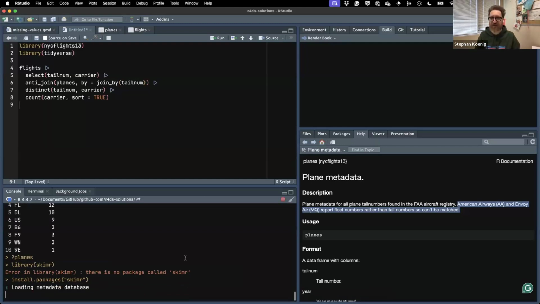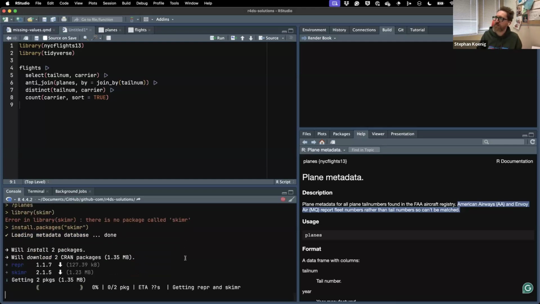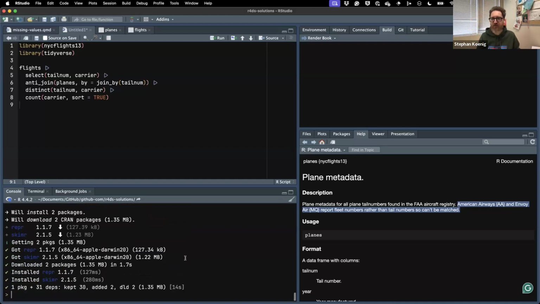Okay, anyway, it gives you some statistics, depending on what kind of data type each column is, you get different statistics. So if it's a factor, for example, it gives you the counts of the different levels. For numerical data, it gives you the mean and the quartiles, I think. Okay, but now it's installed. Let's just